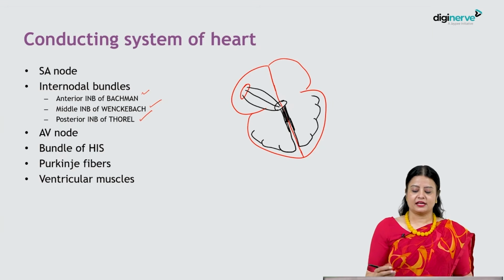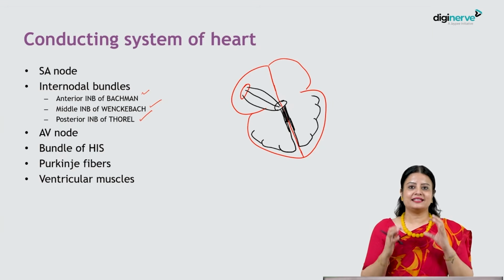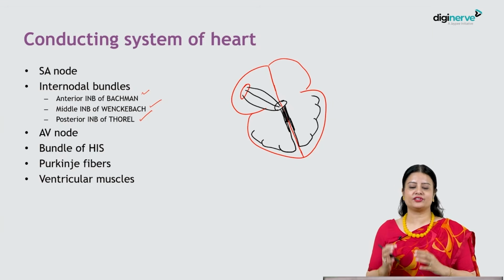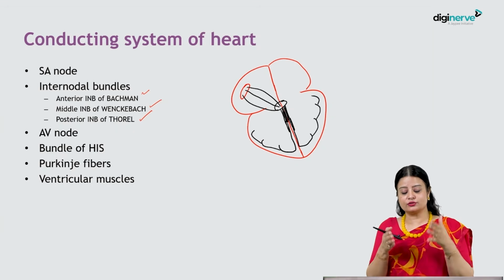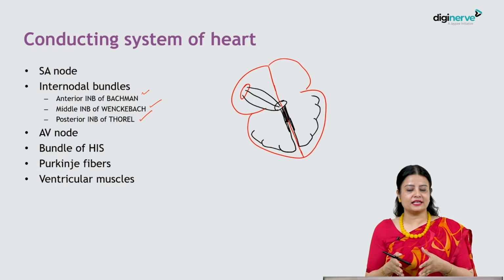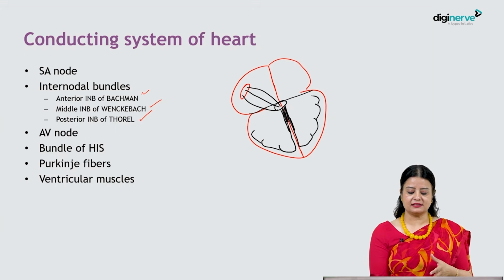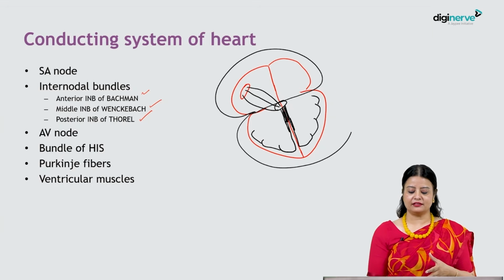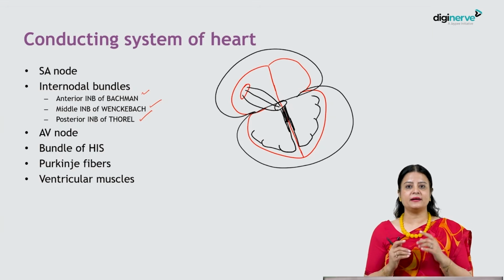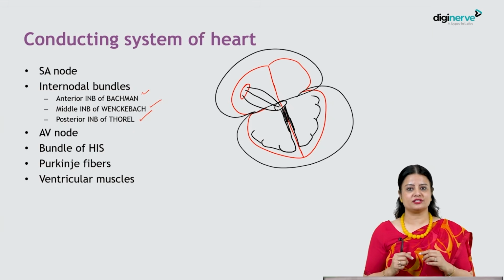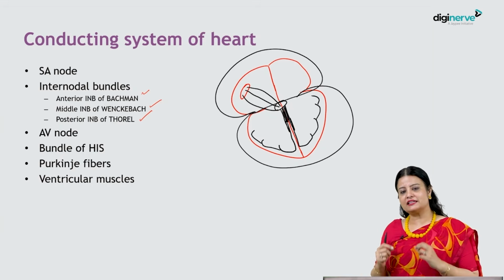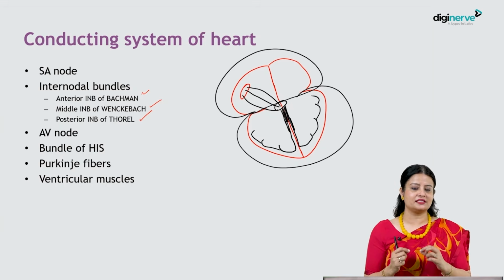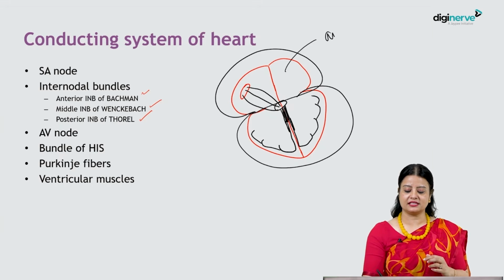muscles. The point to be noted here is that the atrial muscles do not directly communicate with the ventricular muscle. The only way to communicate the electrical impulses is through this conducting system. Hence, we can say that the atrial muscle is quite separated from the ventricular muscle. But the presence of gap junctions in the cells of the atria and between the various muscle cells of the ventricles make them into two syncytiums.